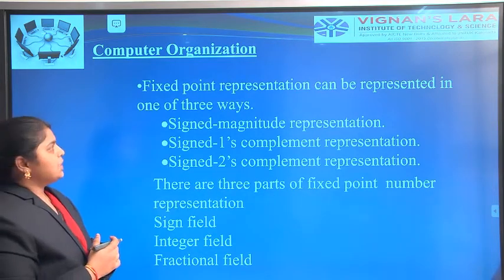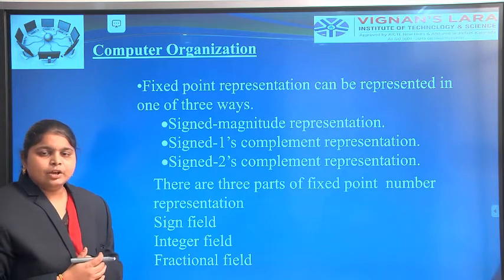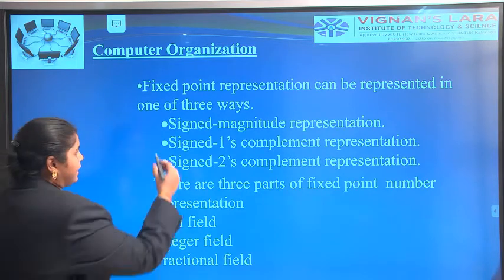Fixed point representation can be represented in basically three ways: signed magnitude representation,